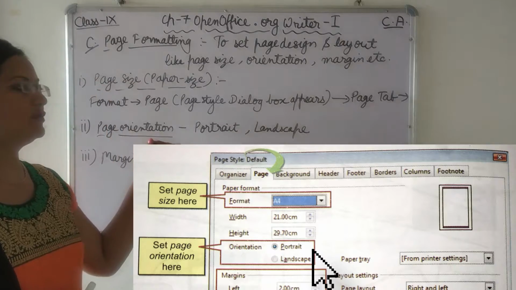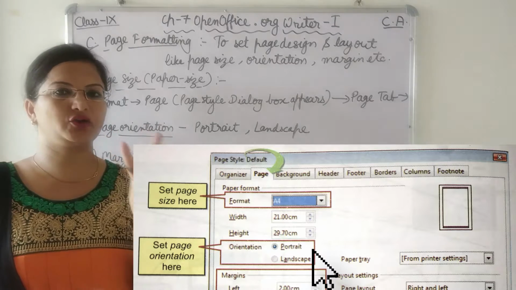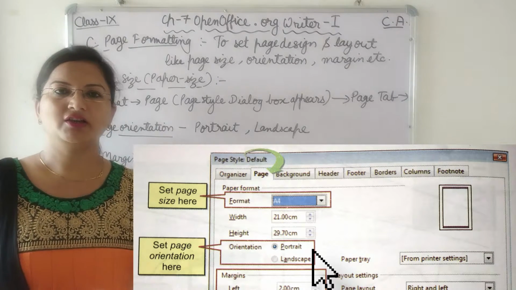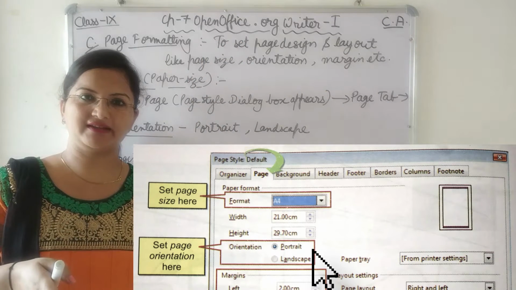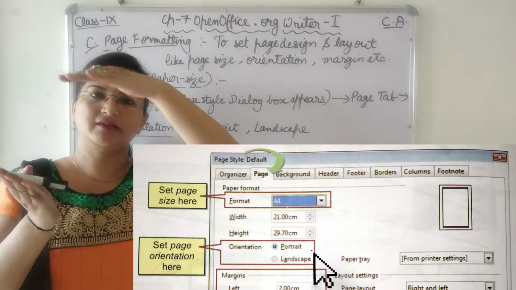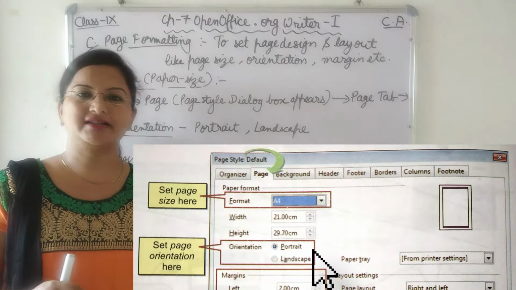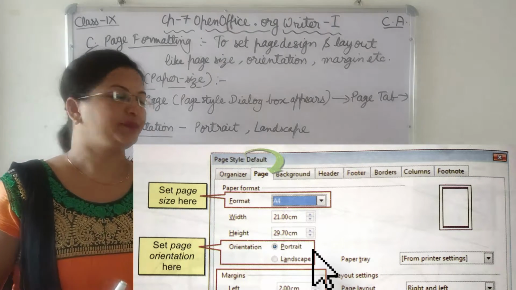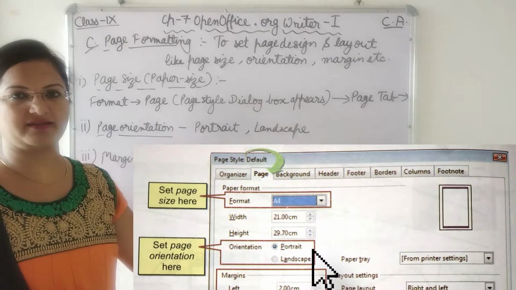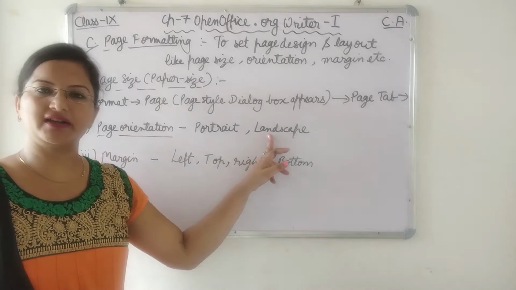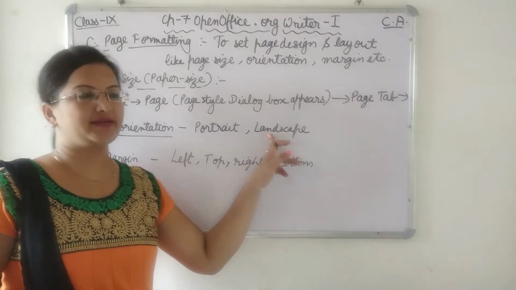So just below the paper size or page size there is page orientation. You will be getting two options. There will be radio buttons. If you want portrait, it means lengthwise, and landscape means widthwise. Like I told you how to make a greeting card practically. At that time we used landscape. So below page size, you have two options, portrait and landscape orientation. You can choose any one for your page.